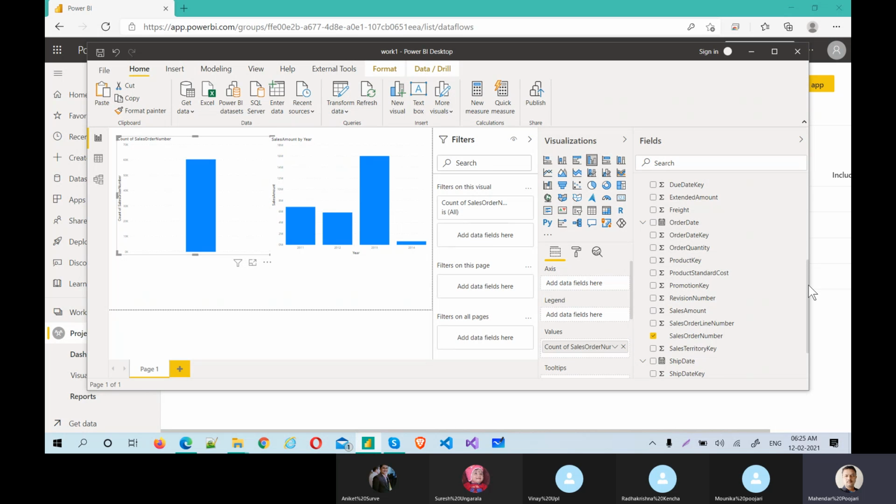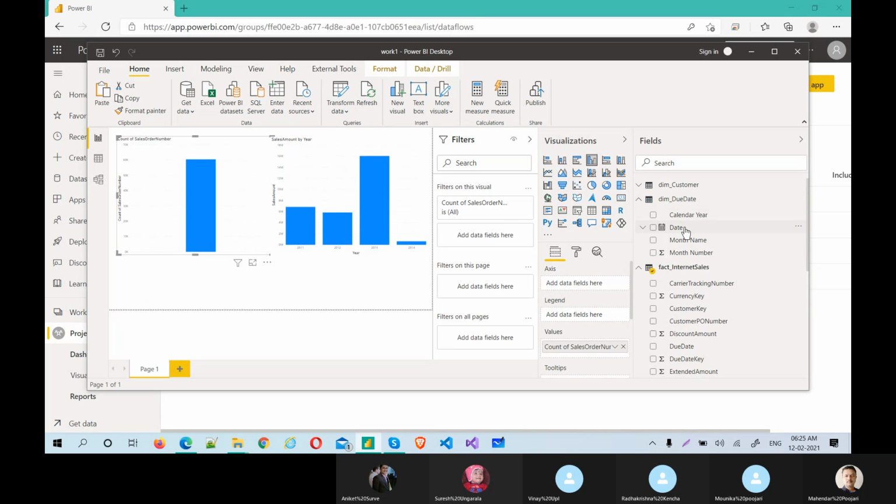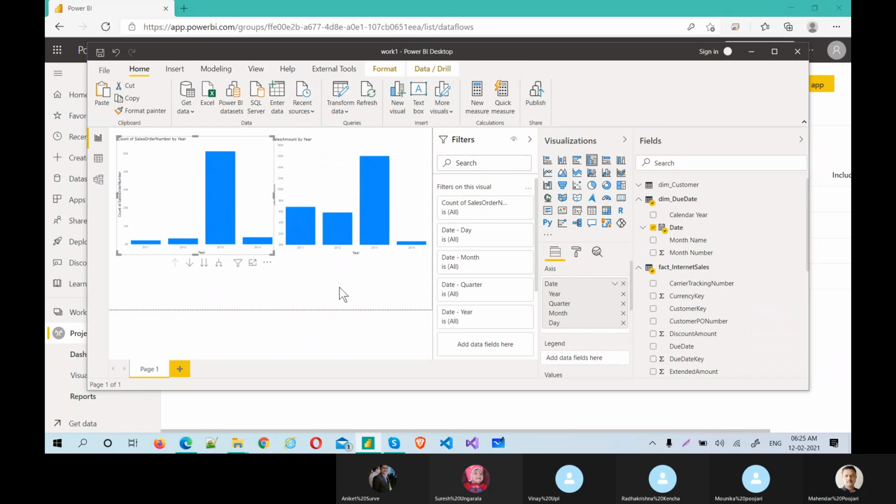If I take this date, but actually this is not the right information. We need to test the data. Just take one month and year, calculate, go back and see whether they are coming correctly or not.